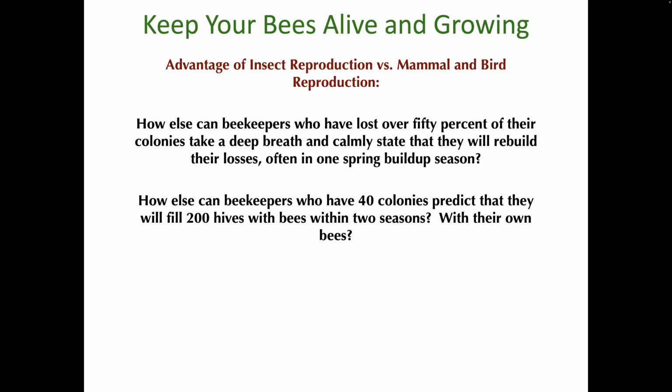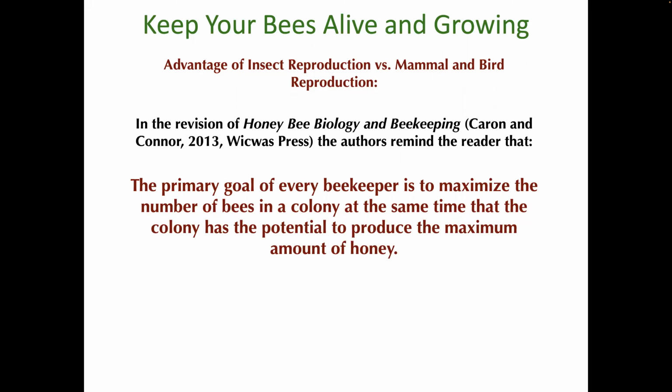So this answers the question of how can a beekeeper who's lost 50% of their colonies take a deep breath and calmly state that they'll rebuild their losses, often in one spring buildup season. Or a beekeeper that has 40 colonies boasts that they can fill 200 colonies with bees in 2 seasons with the bees that are in their 40 colonies. And this is a real interesting